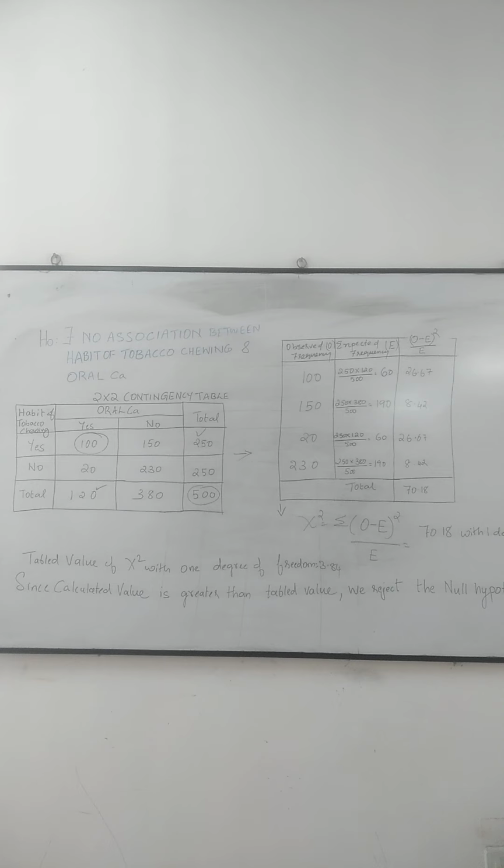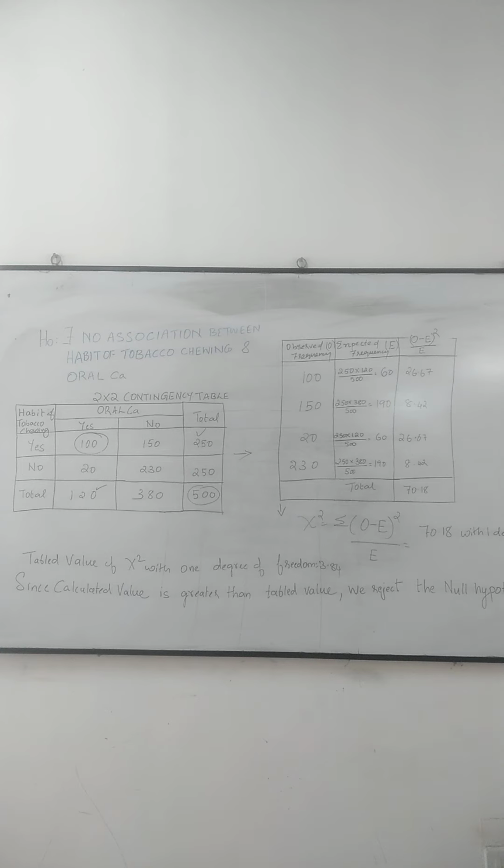250, the row total, multiplied by the column total 120, divided by the grand total 500. So for 230, how will we calculate? 250 multiplied by 380 divided by 500. Like that, we will calculate the expected frequency for each of the observed frequencies, and that is what we